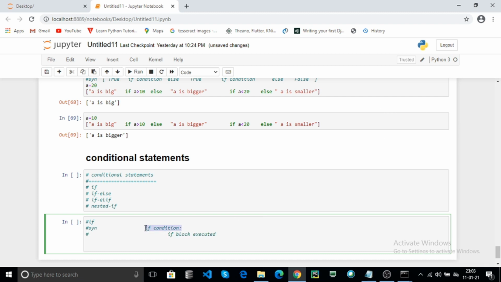If the condition is checked and is true, the if block will be executed. If the condition fails, nothing will be printed in the prompt.